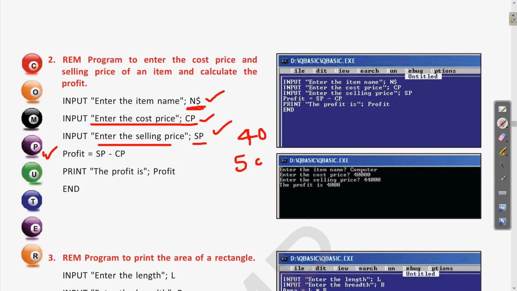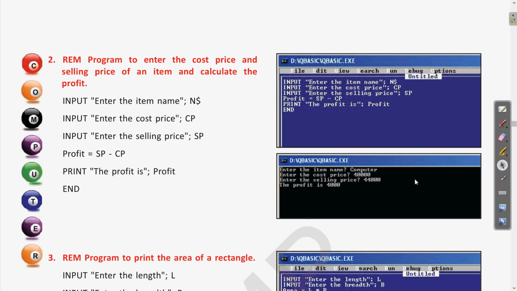So if the CP is 40 and selling price is 50, what will be the profit? 50 minus 40, that is 10. Clear? So a similar type of program can be written to get this profit. Let us write this program also and see how the program will give you the profit.